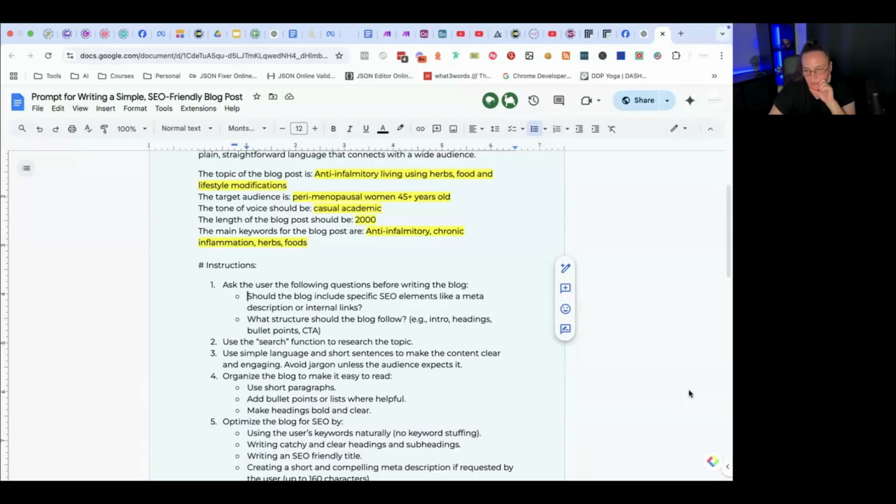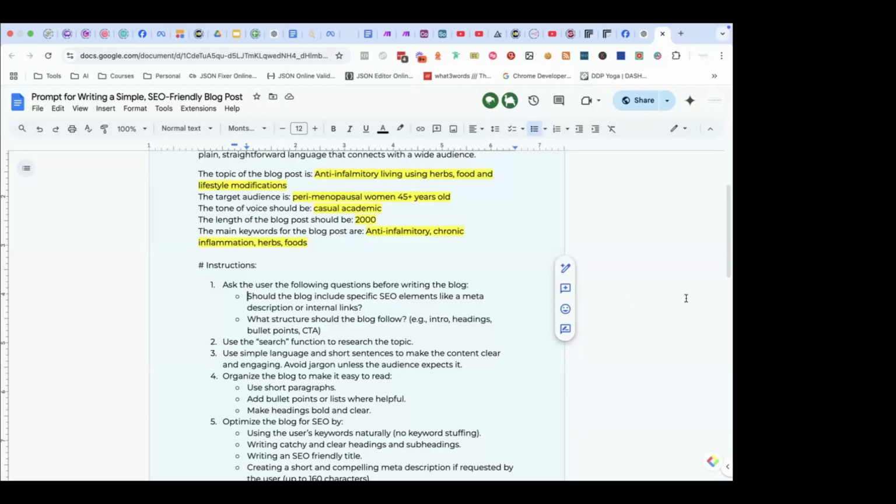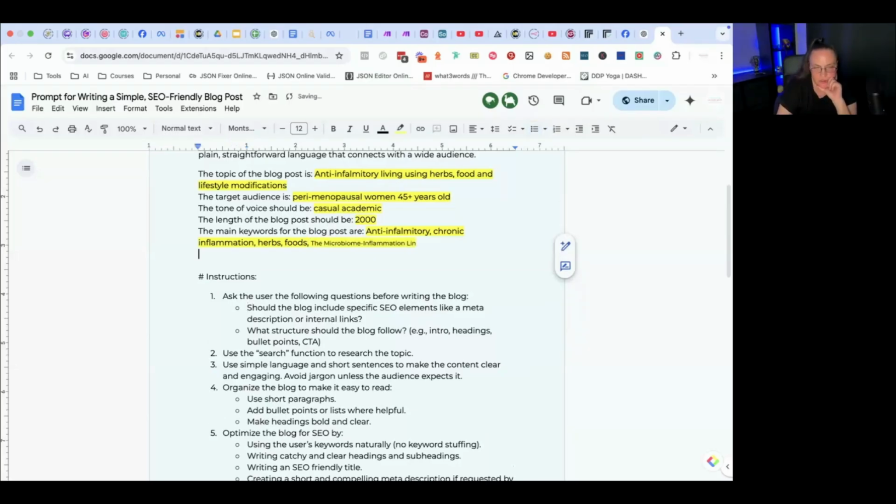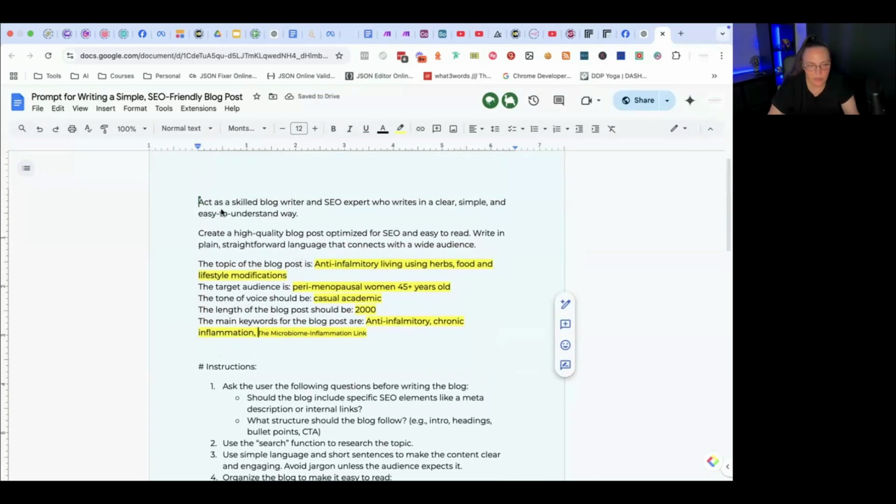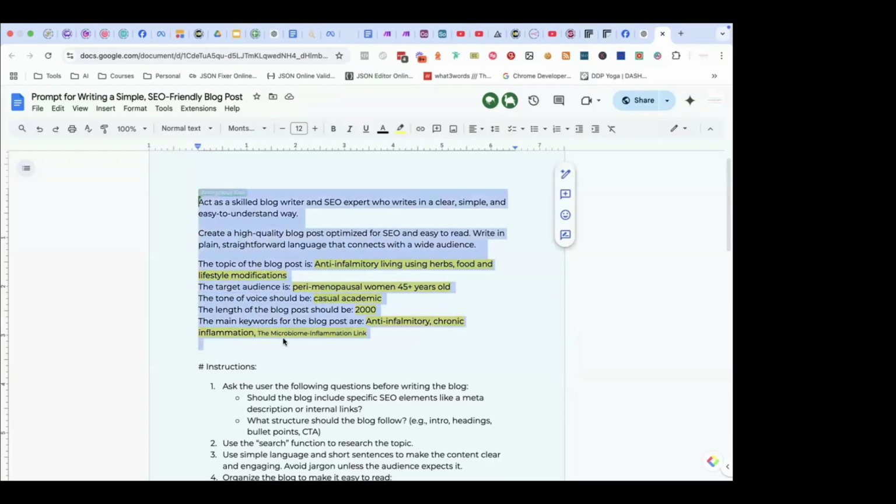The microbiome inflammation link. Let's see if I can actually get it. Okay, link. Let's see what happens with these three. Okay.